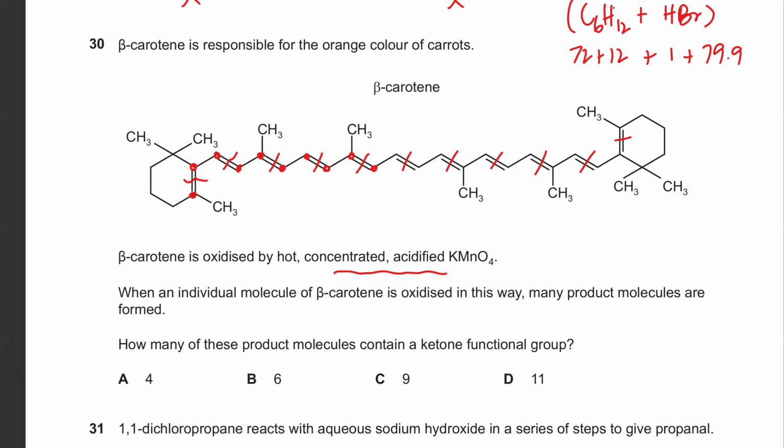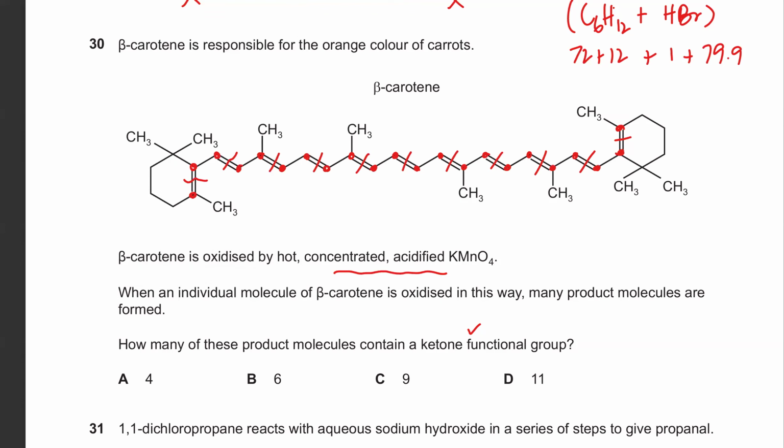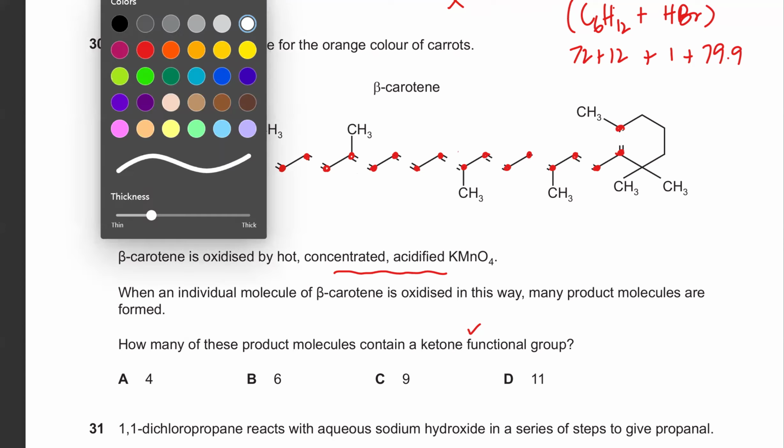You have to do it for each one of them. This takes a very long time. I mean, there's no shortcut to this question because you have to count all the products. And if you get one wrong, the answer will be wrong. So the middle part goes, the double bond breaks. You can remember I have to count the molecules as well. So all these double bonds have broken, right? Now I have to figure out,